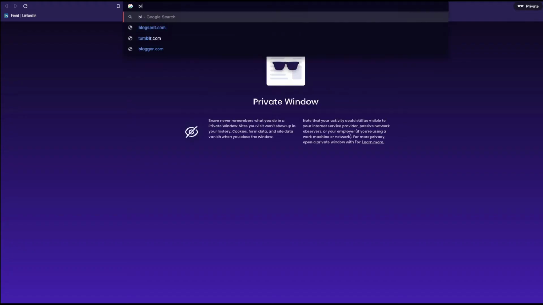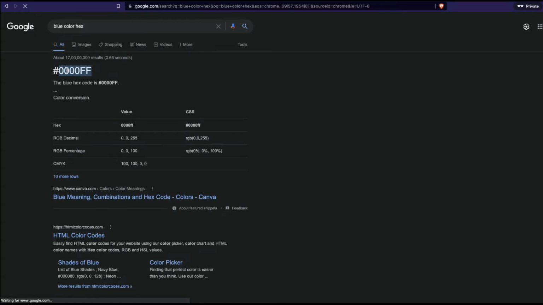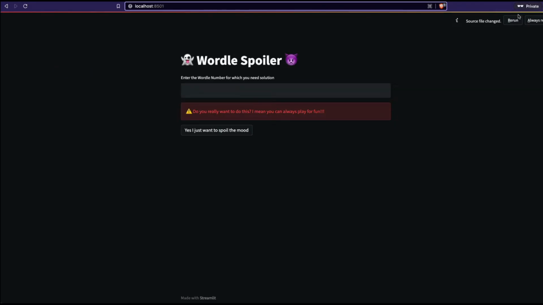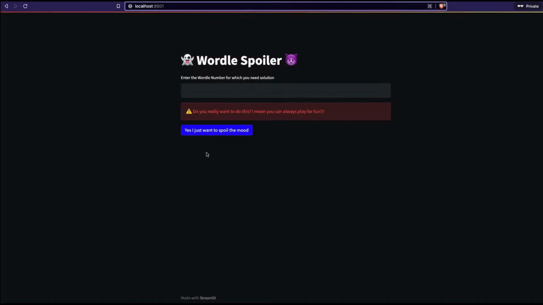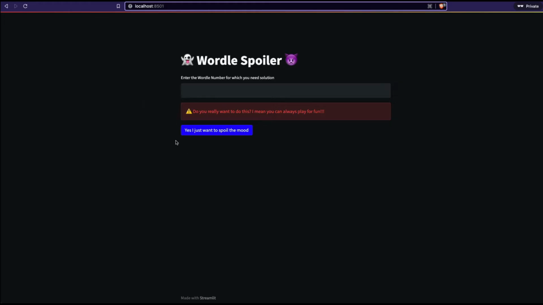Let me take a blue color hex, come back here, and paste it here. Then go back and rerun it. You can see the blue color, right? So you have blue, red. This is how you change the color of the background. And the font that you see at the front is colored white. That's what you see here. So you can change the color.